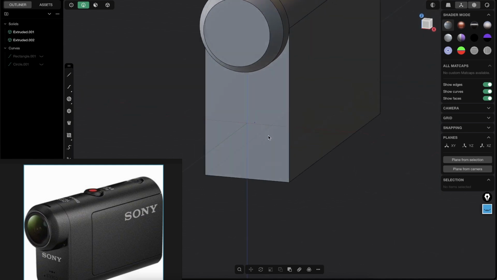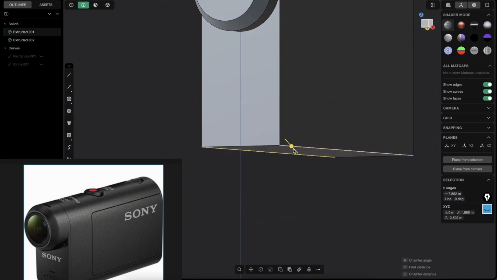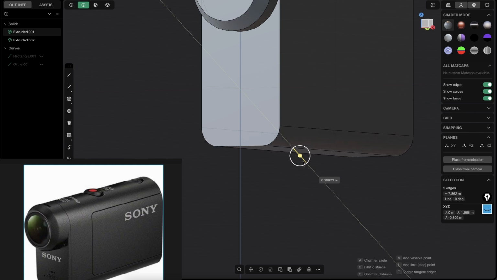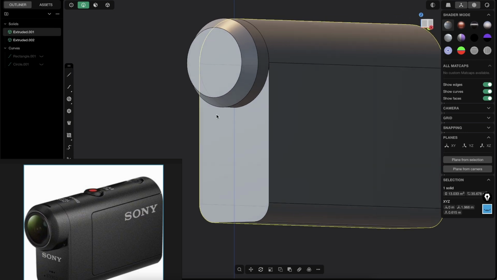Press 2 again for edge mode and select this one edge, and again the other edge with shift click. And again, just give it a nice little fillet here. And I really like that. And now what we want to do is